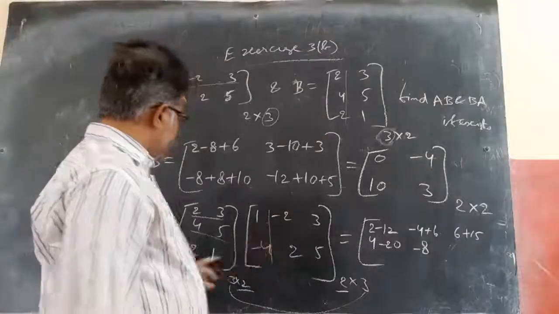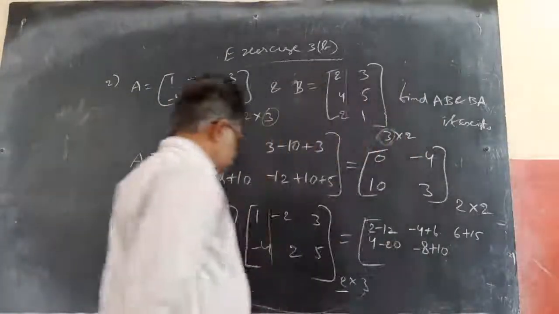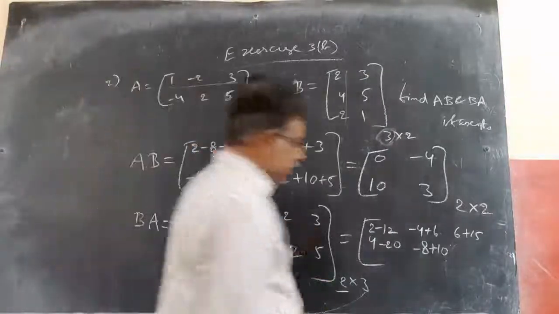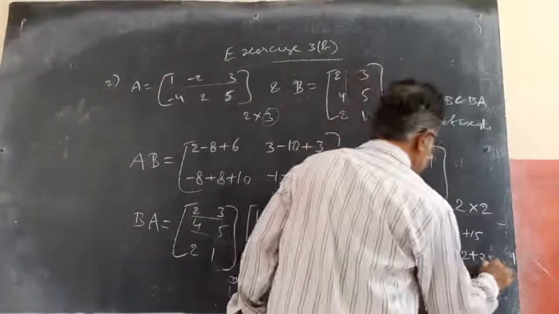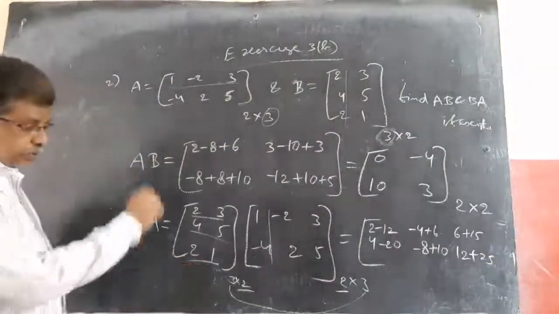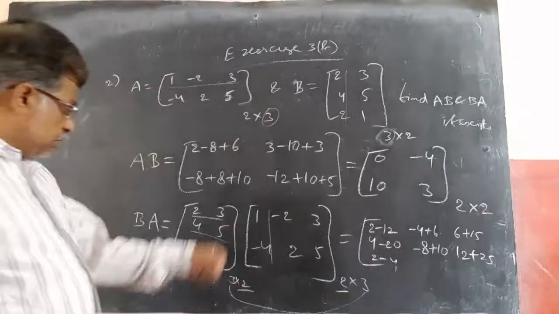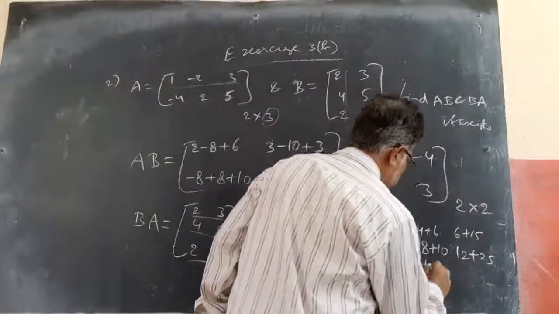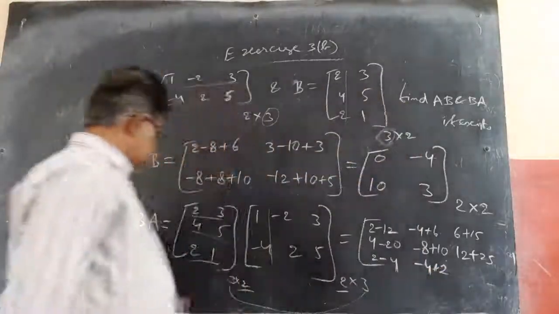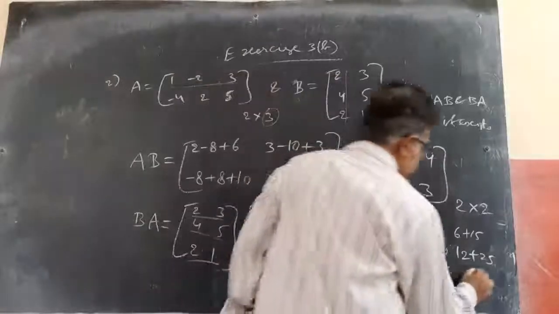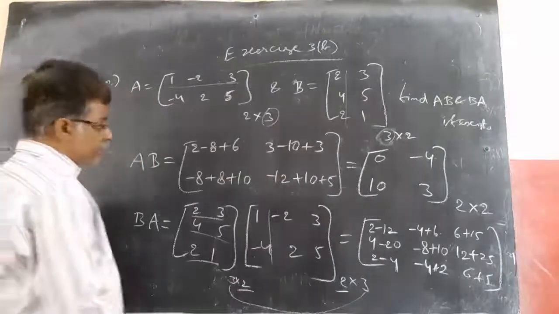Four into minus 2, minus 8. 5 into 2, 10, plus 10. And coming to this, 4 3s are 12, plus 5 5s are 25, like with third row, first column into third row, first column element. 2 minus 4, and this is minus 4, minus 4 plus 2. And coming to this, 2 3s are 6, plus 5 1s are 5. 6 plus 5. Now adding those, you will get BA is equal to